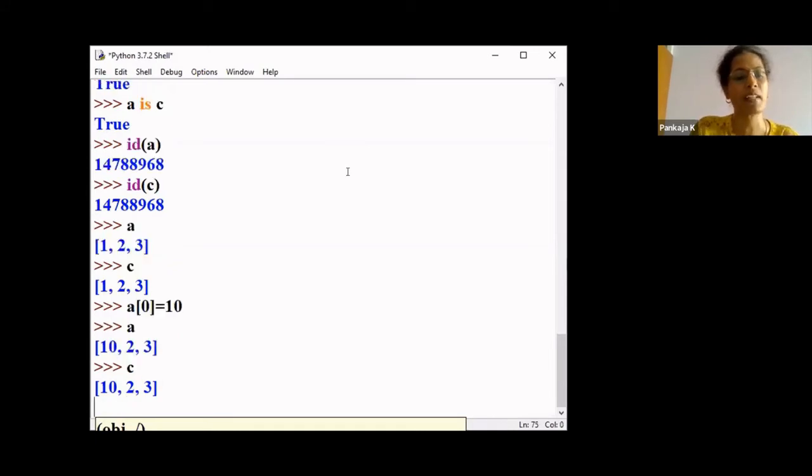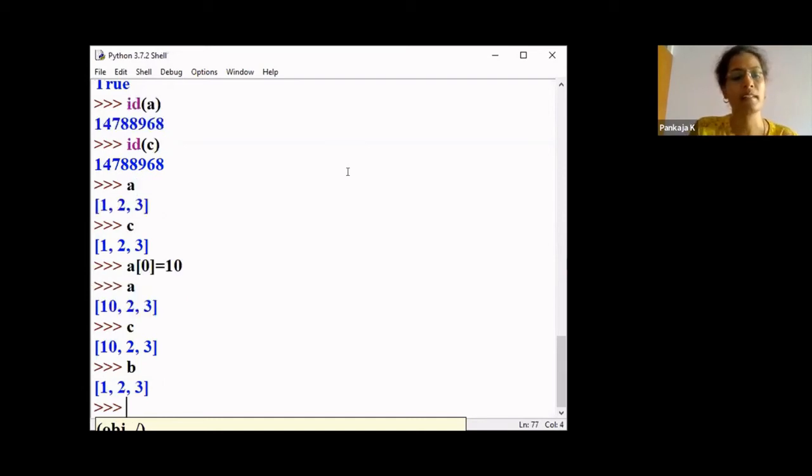Similarly, C has 10, 2, 3. I have changed only A, but C has also changed. That means C is an aliased one. Now, with respect to B, B remains unchanged, because B is a different object.